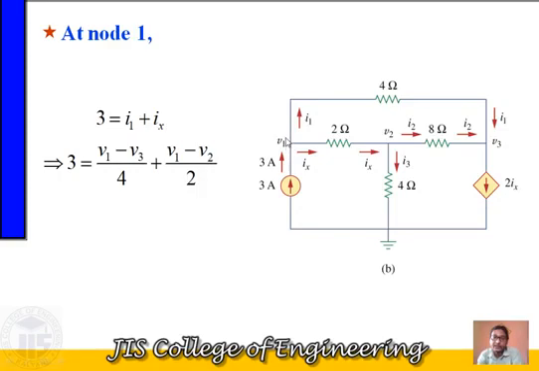So which current is incoming? 3A, the 3 ampere current is going into the node. Ix amount of current is going out from this node, and I1 amount of current is going out from this node. So as per KCL, the summation of all incoming current is equal to the summation of all outgoing current. The incoming current is only 3 ampere, so 3 is equal to the summation of all outgoing current, I1 plus Ix. So this is our first basic equation.